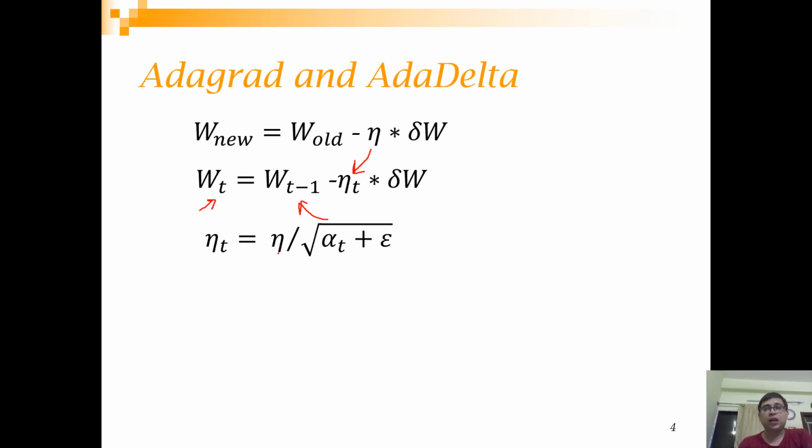Every iteration we will decay the learning rate a little bit, right? So we are dividing by a value, and we are using a parameter epsilon, so that if alpha t is 0, we don't get a divide by 0 error. But hold on, what is alpha t? Alpha t is actually nothing but the sum of the second derivatives. And as I said, this slows down the learning as you move towards the optima. So there is no chance that you can cross the optima and have to come back.